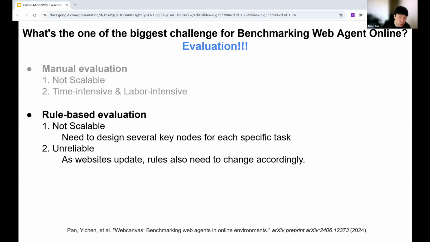For example, the rule-based method in Mind2Web-Live requires designing specific key nodes, such as the URL, for each task, which is not scalable. Moreover, due to website updates, the previous key nodes become out of date, which also makes it unreliable.